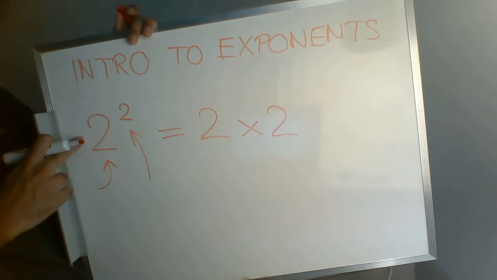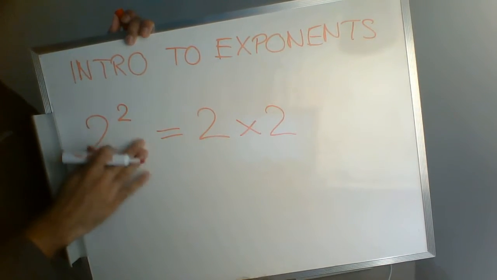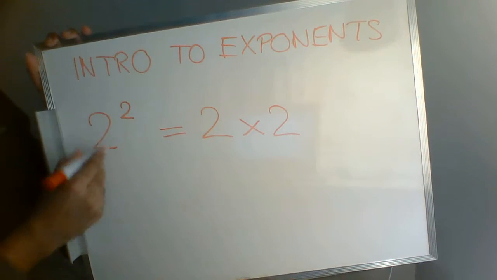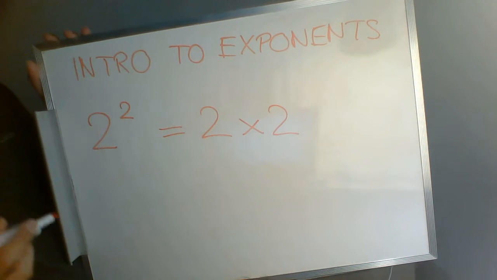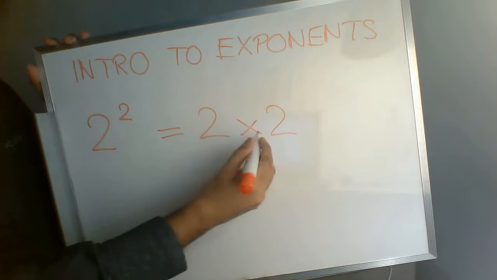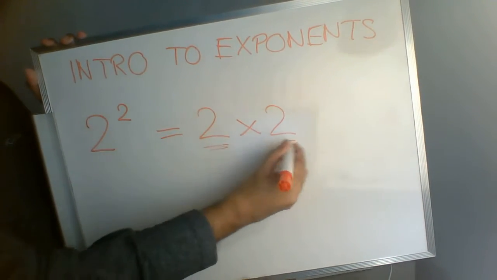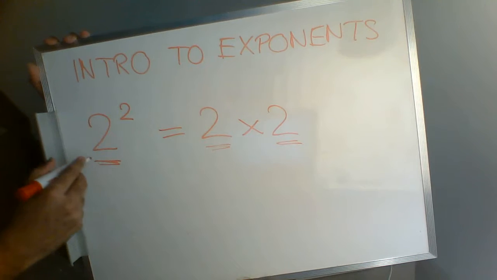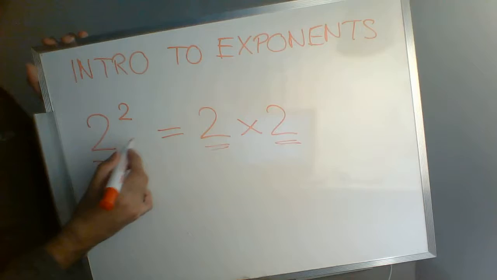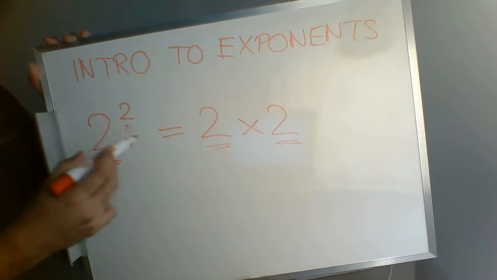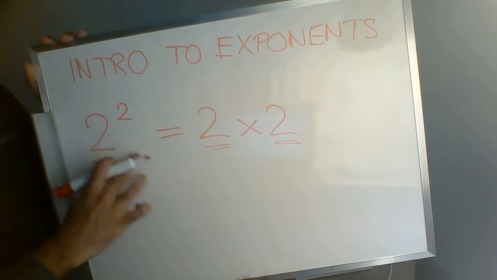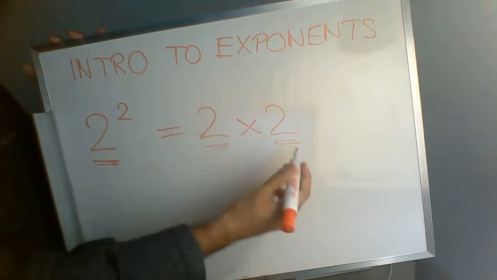Now this is a little bit confusing because both of those numbers are the same, but you'll see what I mean in a moment when we do a slightly different example. So 2 squared is the way that we would read this one, and that means we're doing 2 times 2, where this 2 and this 2 both come from the base, this big 2 over here. The reason it's written twice is because there's a little 2 up there. That 2 is telling us to write down the base twice, and then we multiply it together. If we do that multiplication, 2 squared, which is 2 times 2,